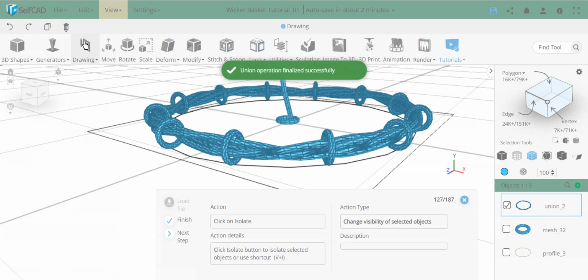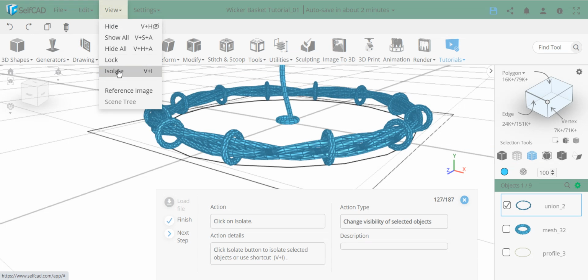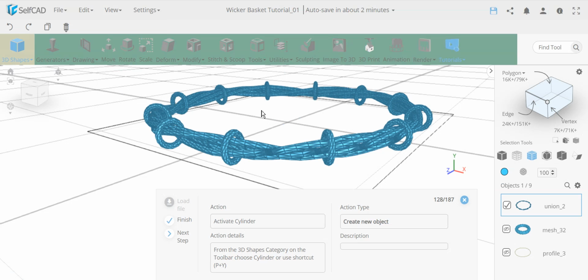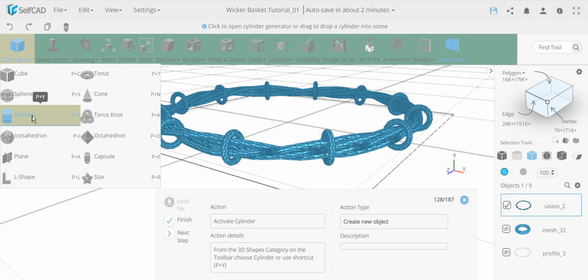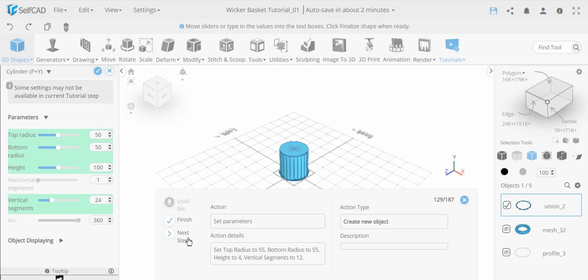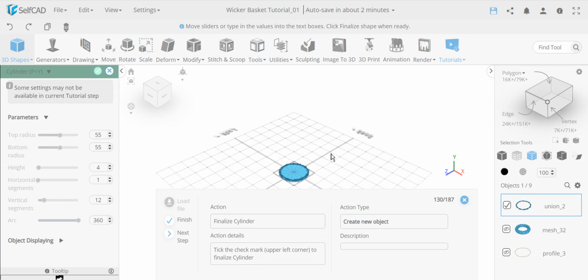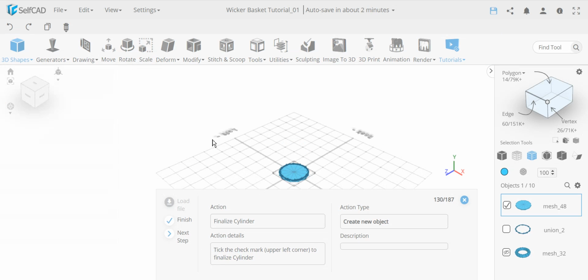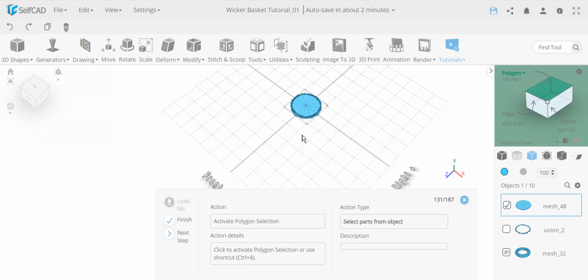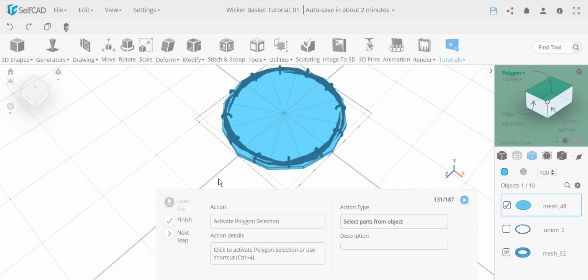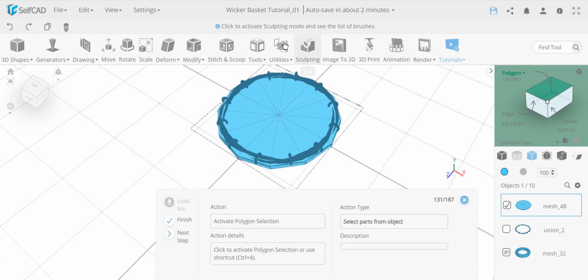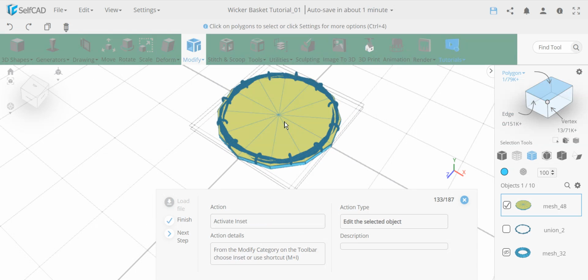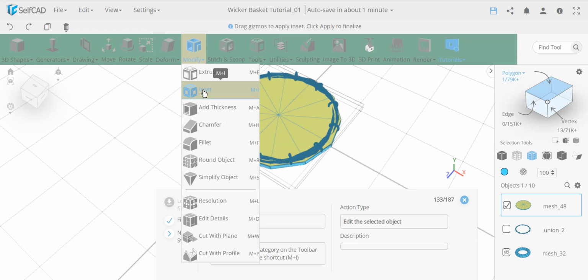So here we go. Now we can basically isolate this, so we see only this object. And let's see what we do now here. We create a new cylinder, and I'll click next to set all of the settings. It's a small cylinder. Okay, this is actually also very interesting. What's happening over here is we created a cylinder with the exact size over here to position the same circle, a small cylinder, and now it's going to select the top polygon, and it's going to use inset,